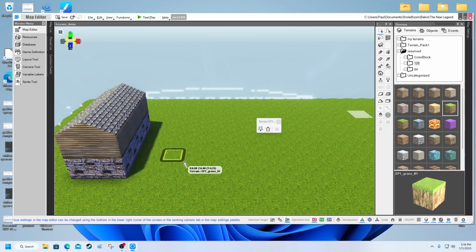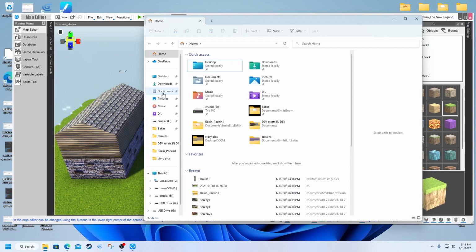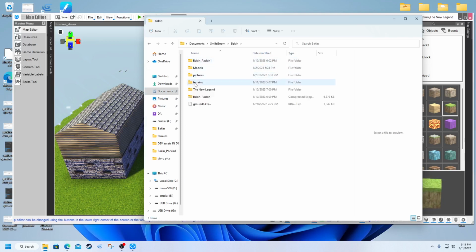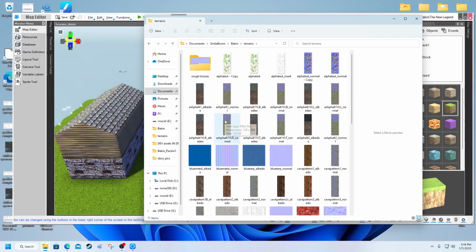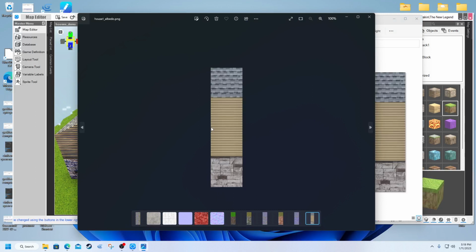So what I've done to test this out is I've made a tile set of BAKIN terrains. So I've made this terrain here, which has two. So the standard is the top, the bottom, and the middle. But what I've done is I've added an extra middle because I've discovered that in the tiling method in the engine,